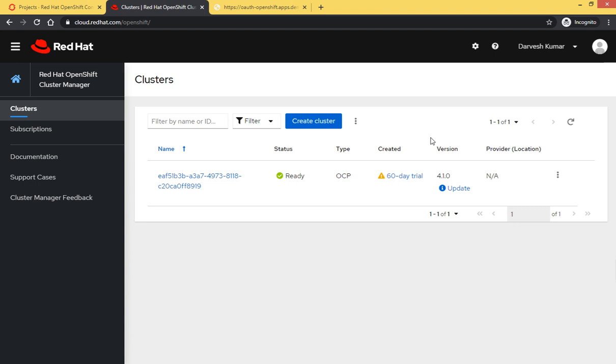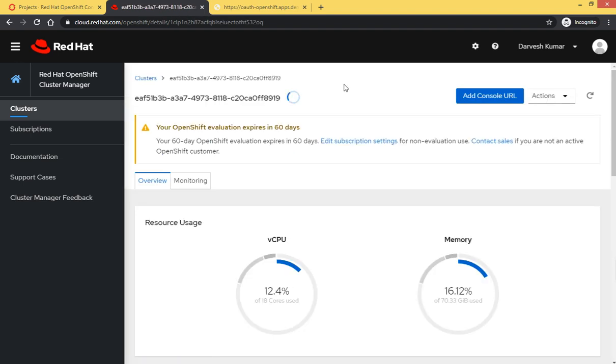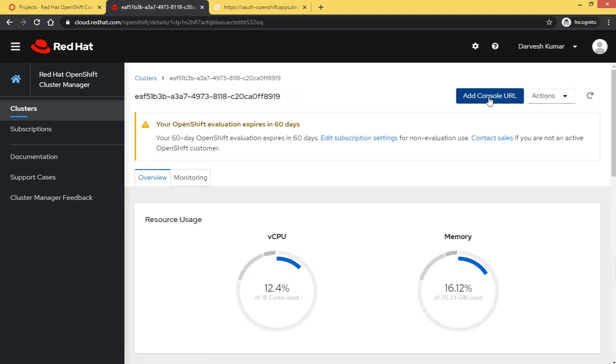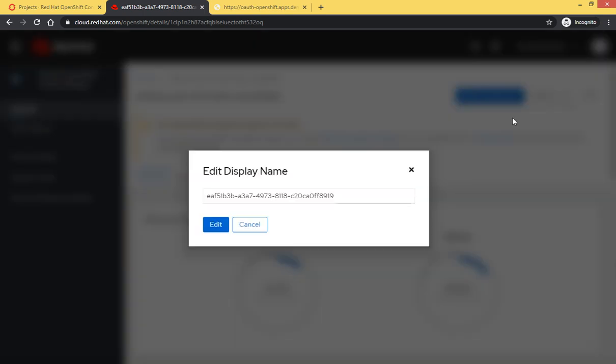I was doing something. Click on this, right, and add console URL, right. On action, what we have: edit display name, archive cluster, edit subscription settings.